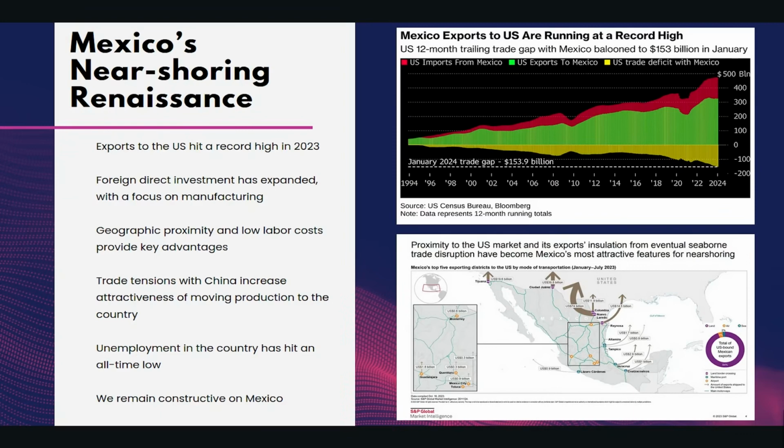If you talk about what's happening in Mexico from that context, it's very bullish for their economy, and you've seen it in their stocks. You've seen it in their GDP numbers, in manufacturing becoming a larger part of GDP as GDP expands. And the trade tensions with China, which continue to boil, this is adding more and more desire for companies to put even greater amounts of their manufacturing in Mexico. So we remain very constructive on the country, and it is quite a contrast to our next one, which is